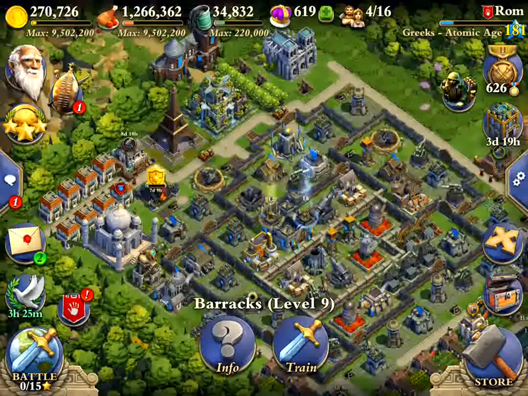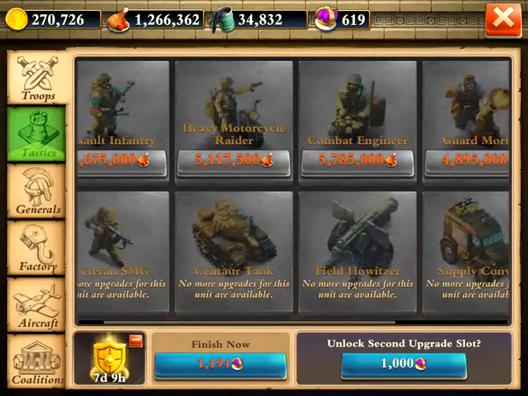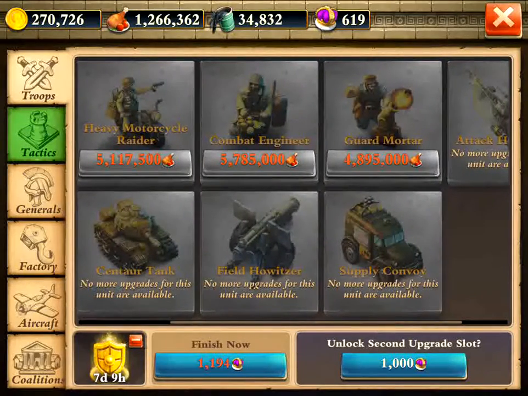The second thing you want to do is look at your army and make sure that everything that you need to research in terms of your army is at max. So I don't use assault infantry, the raiders, the engineers, or the guard mortars. I literally use the veteran SMGs, the centaur tanks, the field howitzers, and the supply convoys. And that gives me a decent